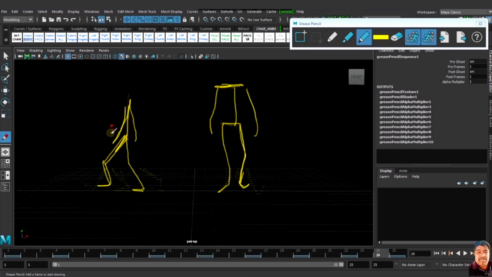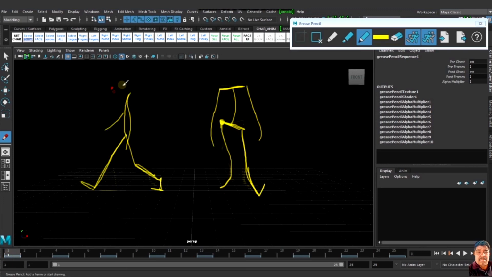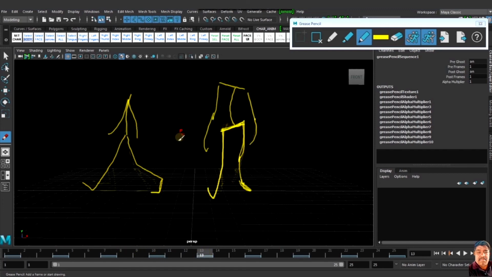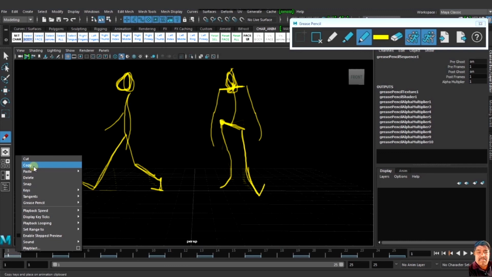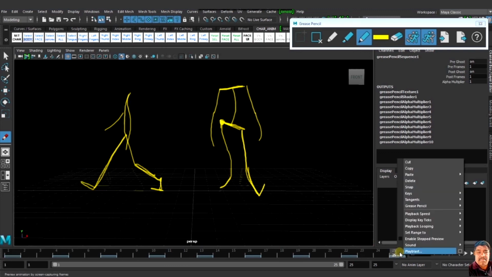Now I am talking about the head. Very simple. This is my head. It is copied to here.